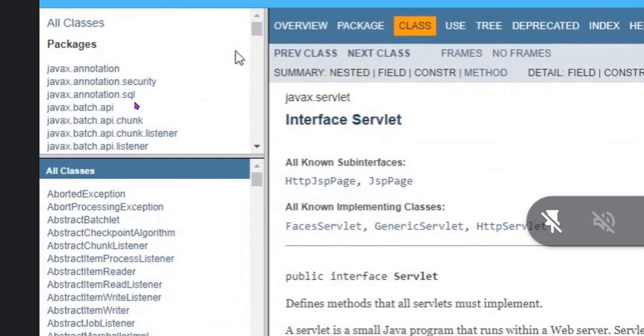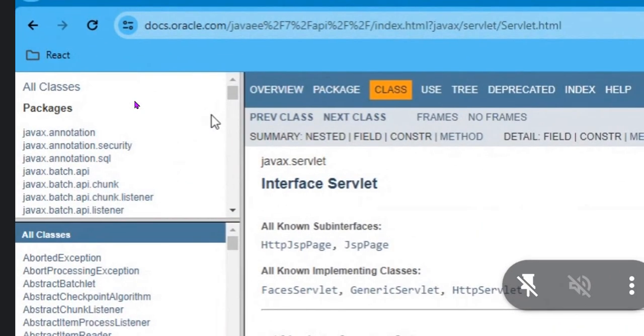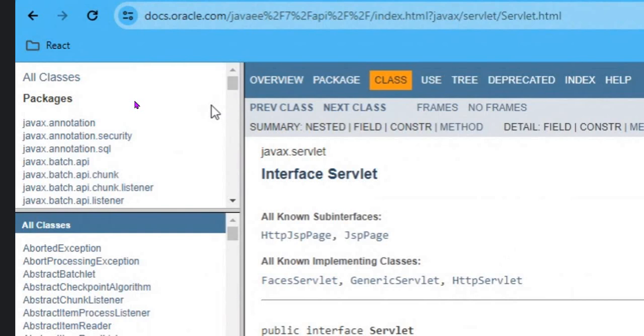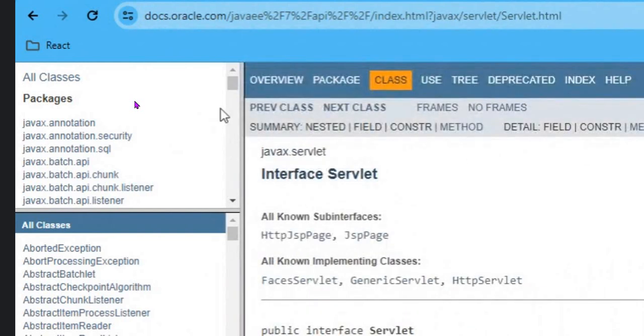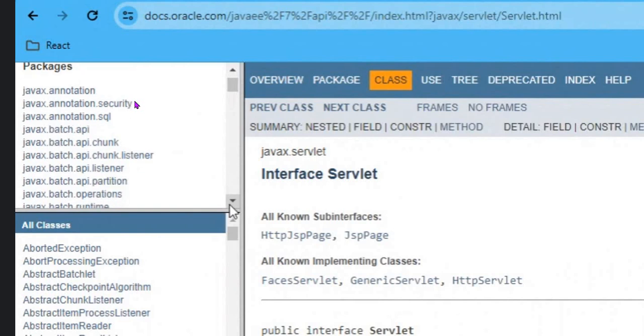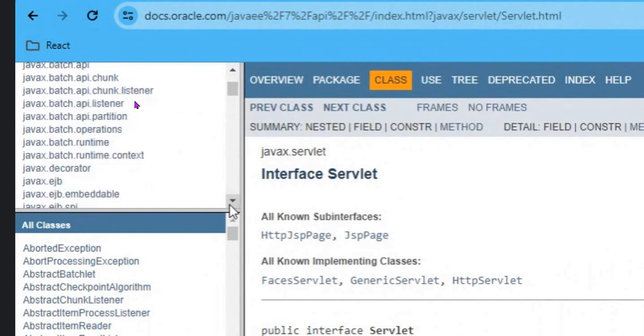In the first frame box, scroll down, all packages, classes and packages. In the left side menu bar, the list of all packages. Gradually scroll down. See, these packages are with javax.